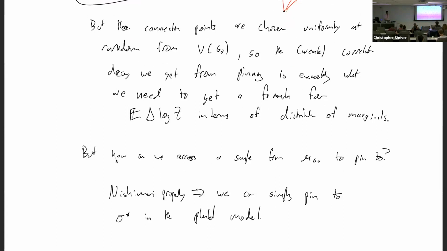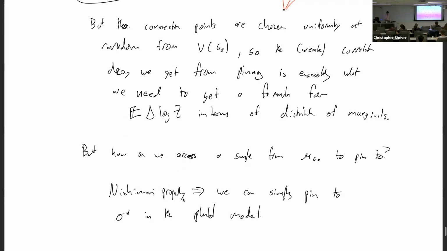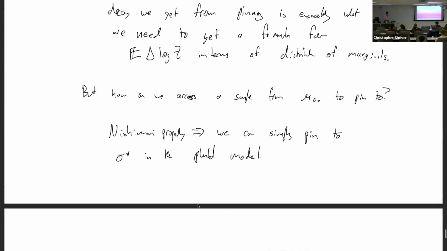But we need to apply the pinning lemma, right? So how do we have access to, or how do we control, what a sample from mu G0 is? In general, you can't really do this. If you tried to do this just for the Erdős-Rényi random graph model, it wouldn't work. But the Nishimori property says that, in distribution, the original planted coloring is a sample from the Gibbs measure. So we can just pin to the original planted coloring, and we can keep that constant as we do this again and again and again, which is the key. Somehow it all works together nicely here.